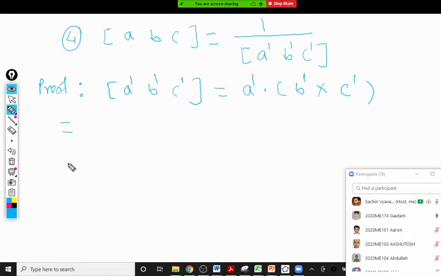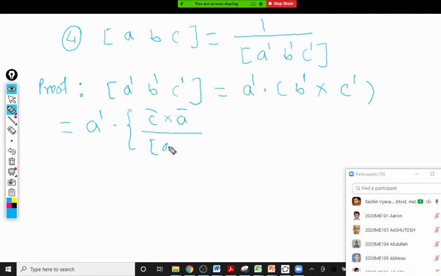Yes, sir, that's clear. See, only one thing is in our hand to prove these properties, and that is the definition of the reciprocal system. B dash cross C dash, you don't know the value, so we cannot replace it directly. So let me keep A dash as it is, and I will use a curly bracket here. We'll replace the value of B dash. B dash is C cross A